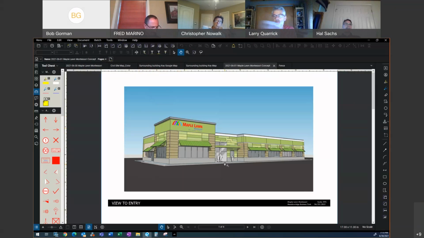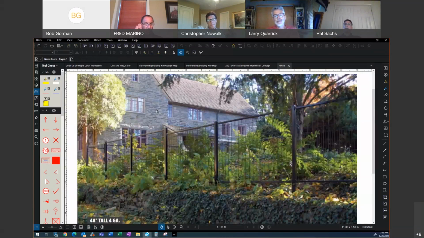We've added a lot of fenestration to the building, which will help with daylighting in the classrooms. And I believe we also have an image of a fence style that we were thinking, instead of doing a closed fence, it'd be an open fence so you can see the play area in the back, and all the green area would not be obstructed by a solid fence.